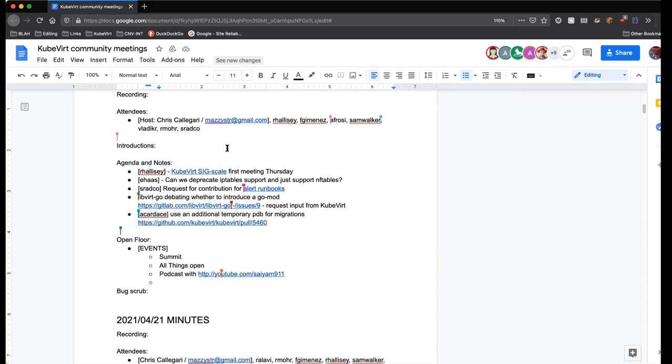Just to clarify, the current state is that if we detect in KubeVirt at the moment that nftables exists and works, then we use it. This is the primary way to configure it. If it's not found, we go to the second option, which is to use iptables.